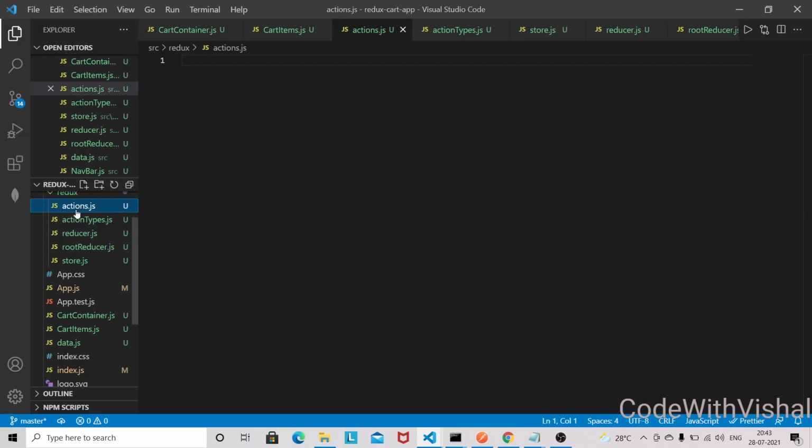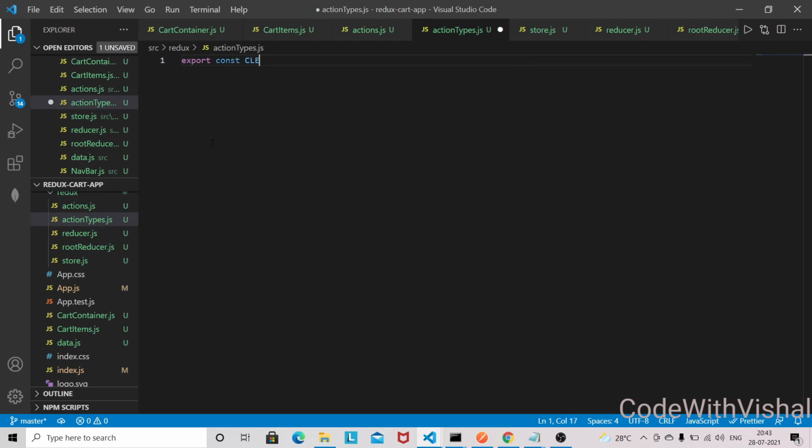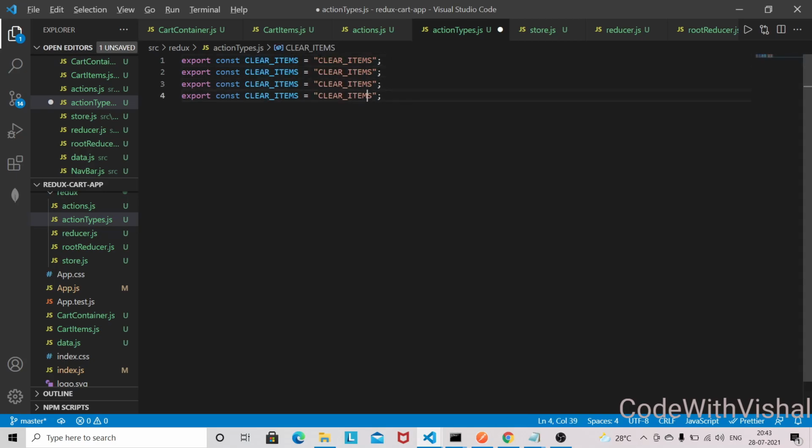So in order to work on the action part, first we have to work on the action types as well. So first we need to define all the action types. So I will have clear items. I'm going to define all action types at once. So clear items, and I'm just going to copy it a couple of times.